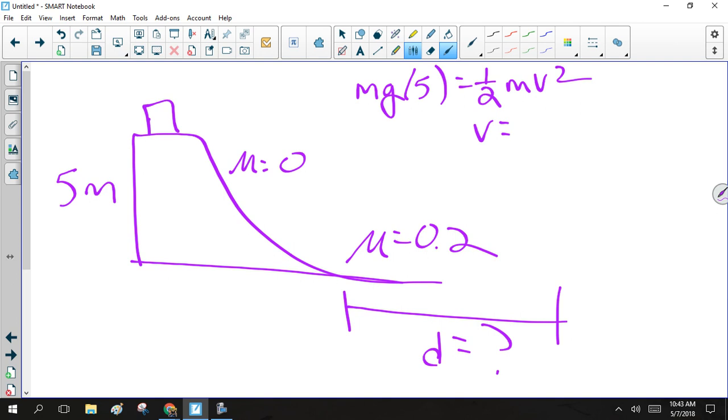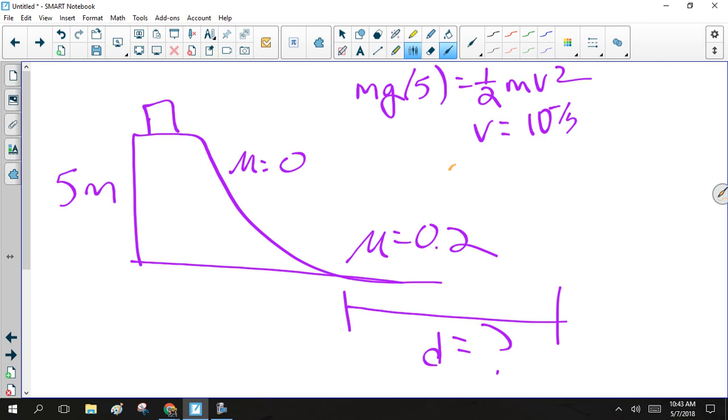I did it a different way. 10 meters a second? Do I agree with that? Yes, I do agree with that. It does give you 10 meters a second. Okay, cool. So then once it's stopping,